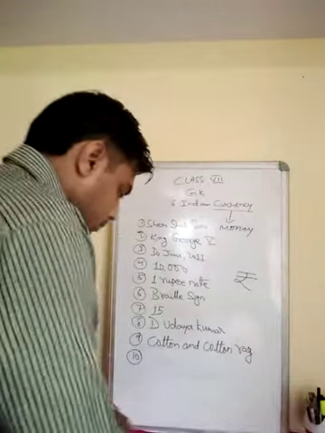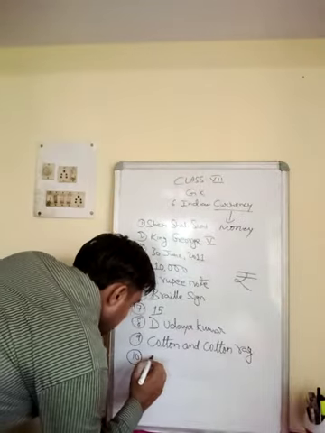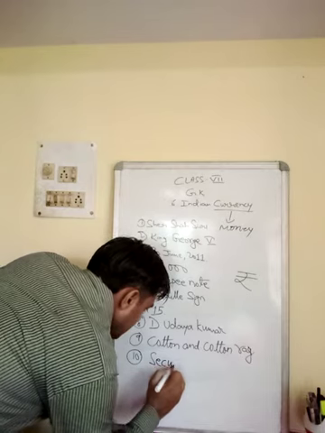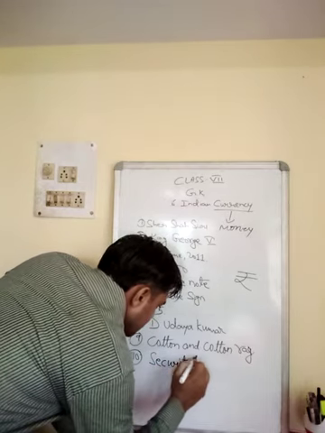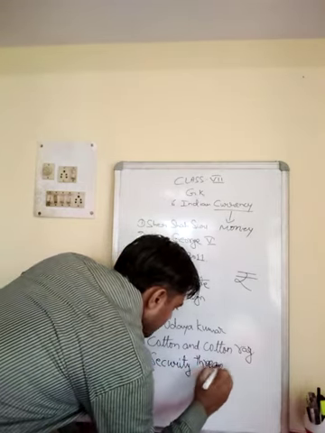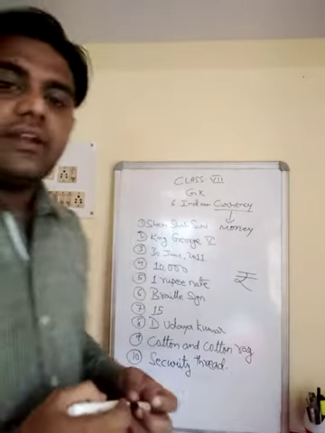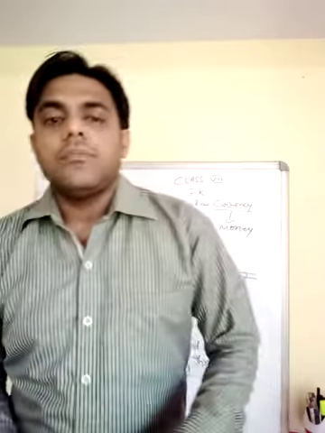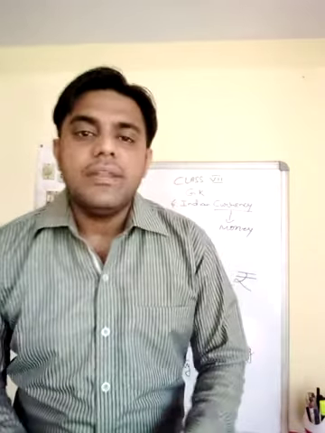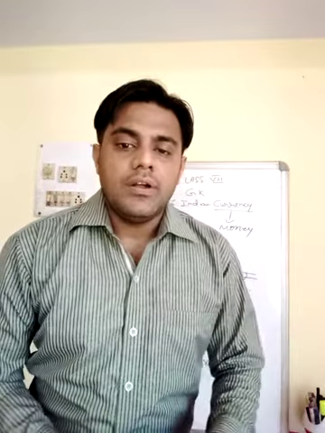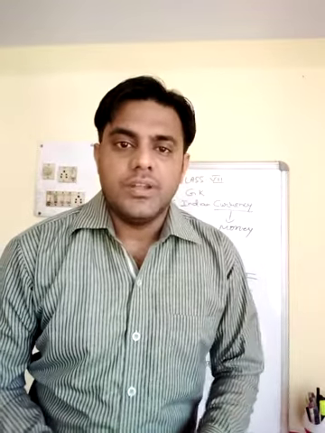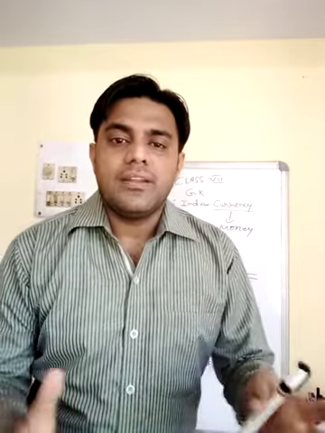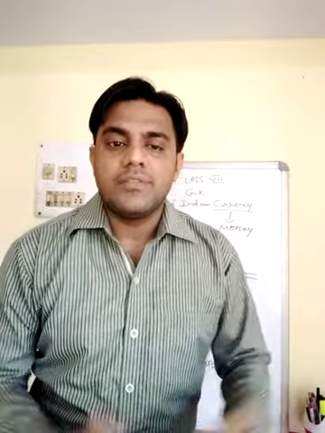So that particular line is called security thread, like I already told you. Okay, this security thread is one of the security features of the currency note, so that the currency will not be counterfeited. Counterfeited meaning it will not be made duplicate. Duplicate currencies will not be put into circulation. Otherwise, how difficult will it be for a person with a scanner and a printer to print out currency notes as much as he wants?